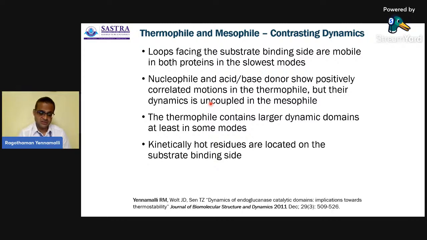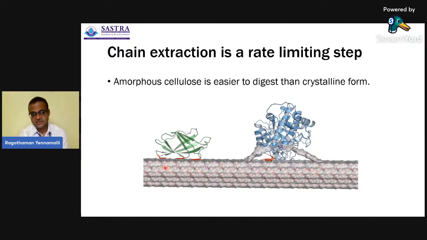But all these endoglucanases, as I showed earlier, work on amorphous cellulose fragments, meaning that what you see here is the crystalline cellulose, and this cellulose strand that is pulled out from the crystalline part is now in the amorphous part. The cellulase that binds to the polymer has a carbohydrate binding module connected by a linker. This is very, very flexible. You generally don't see an electron density in the structures. And so amorphous cellulose, what gets pulled out and gets chewed upon, is relatively easier to digest, but the crystalline